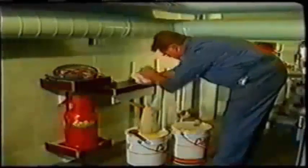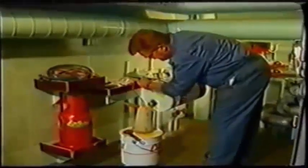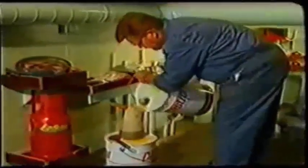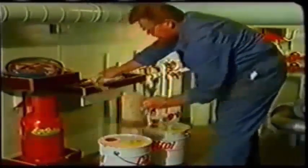The latter point is indicated by the critical solution temperature of the oil. This is the lowest temperature at which the oil is fully miscible with the refrigerant. If the temperature in the evaporator drops below this temperature, the oil may drop out of solution and the evaporator will become oil-logged and the plant will fail. Synthetic oils have lower critical solution temperatures than mineral oils do,